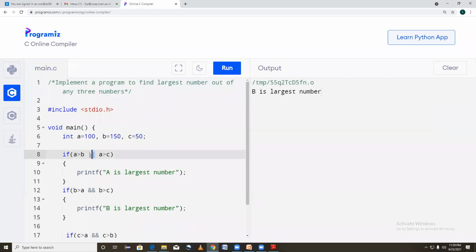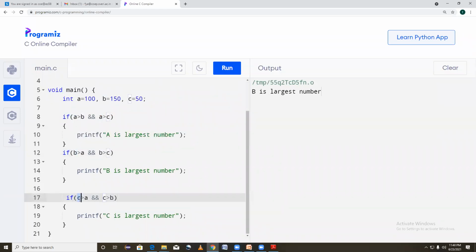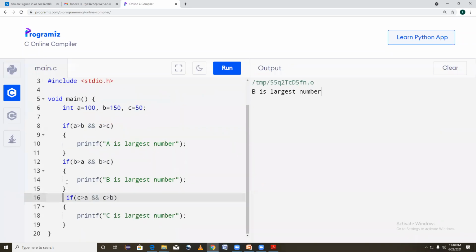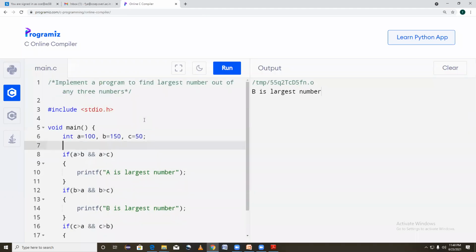It has to check and both conditions must be true; only then can we say here A is the largest number, in this case B is the largest number, and in this case C is the largest number. Okay, so this is about finding the largest number among three numbers.